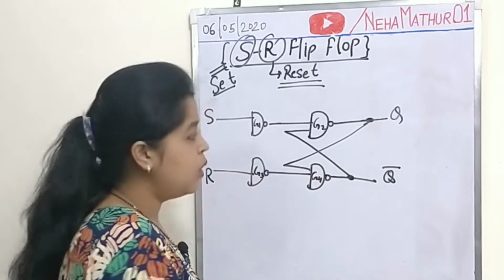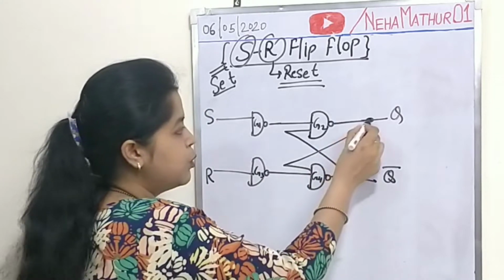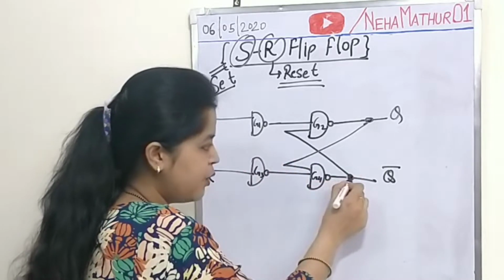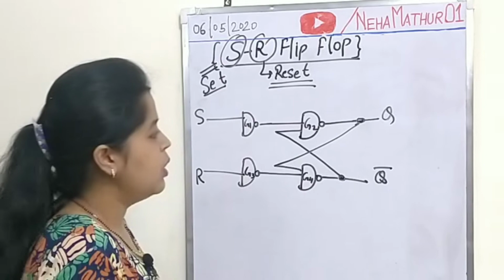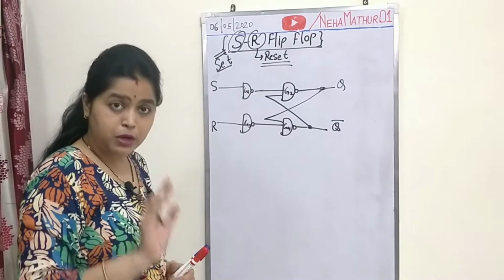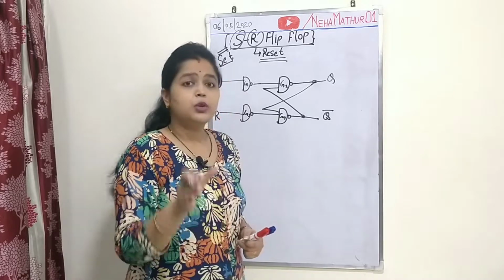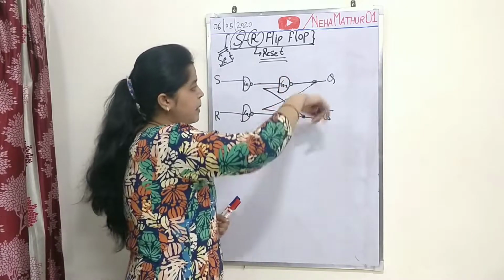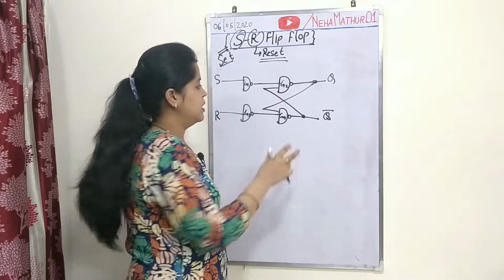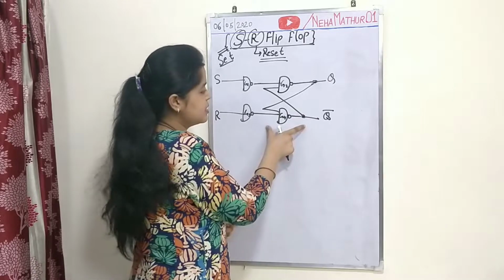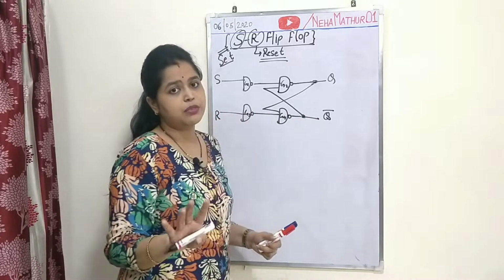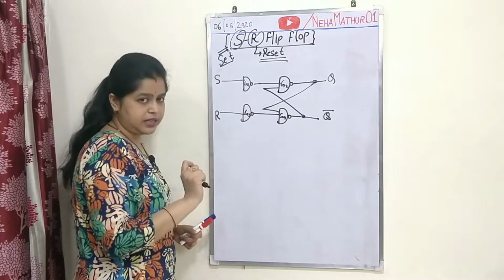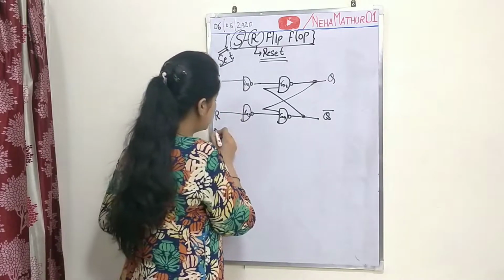Now what is the meaning of cross coupling? The output of this gate is connected with the input of here. Similarly, the output of G4 is connected with the input of G2. The back structure is in the form of cross coupling because the flip-flop is able to hold its own state with the help of the cross coupling structure. So it is an essential part of all types of flip-flops. This is the basic building section of any type of flip-flop. So the cross coupling structure is connected with 2 additional gates. Fine. Now what about its working?